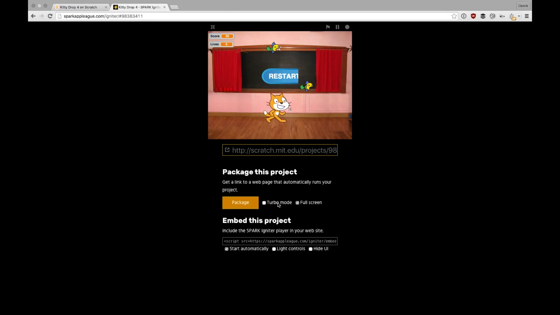you'll want to test. There's a turbo mode. Turbo mode basically just allocates a little bit more memory for the game to help speed it up a little bit. In most cases you will not need to turn this on, and in some cases it may actually be detrimental to your game. So my suggestion would be to leave it turned off at first, package the app up,